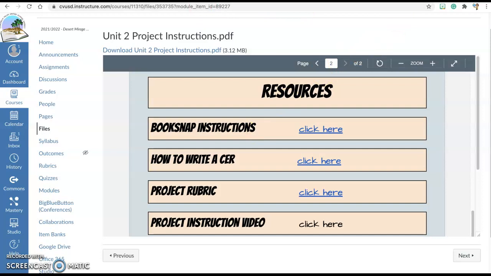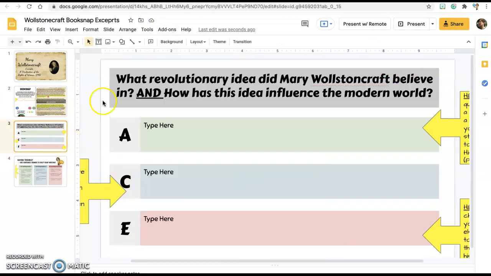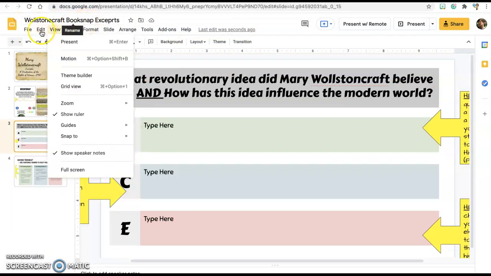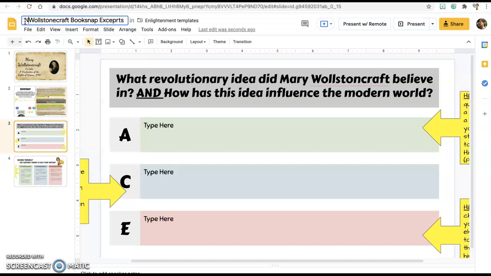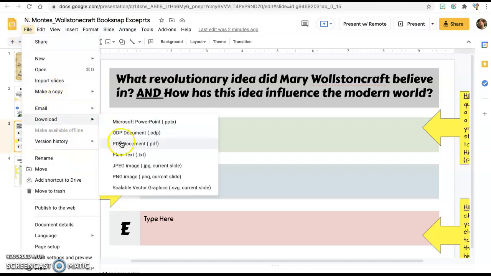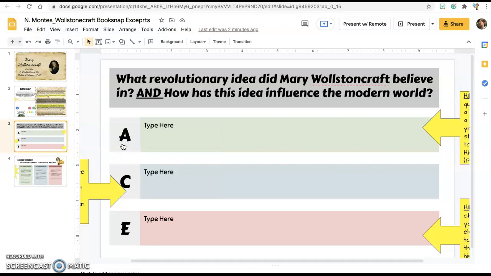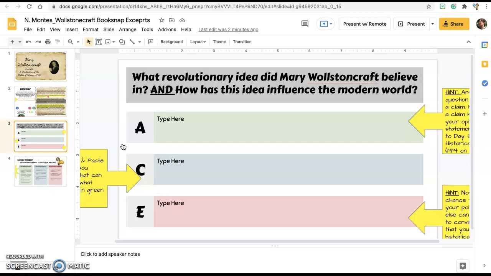When I'm done writing my CER and I'm ready to turn this in, I'm just going to, in my title here, write my name, Miss Montes. And then I'm going to download it as a PDF. And for you guys, since you're using your iPad, it might ask you where you want to place the file. It doesn't matter as long as you're downloading it to your iPad and you know where